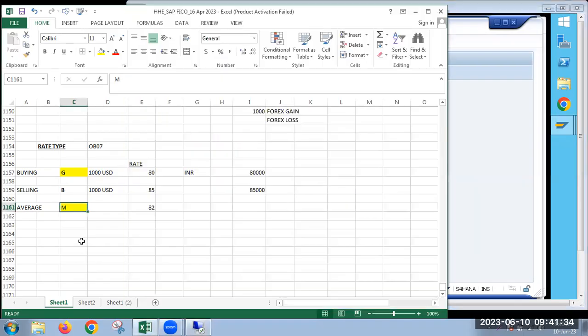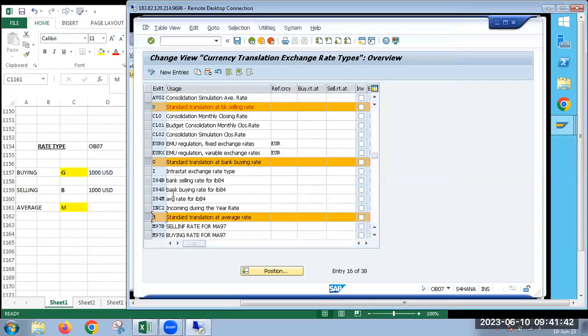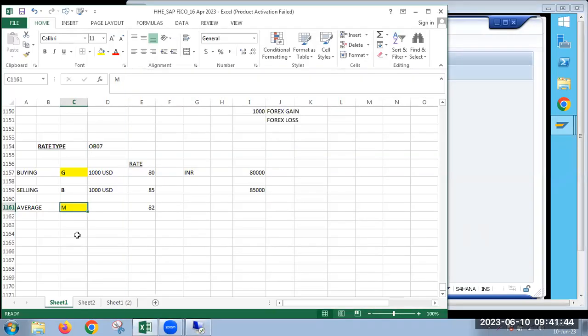Now we will consider the average rate type M for the rate specifications. Based on the rate type, the rate between two currencies will be defined. Here we don't need to do any configuration. Simply check that all these rate types are available. Next configuration is